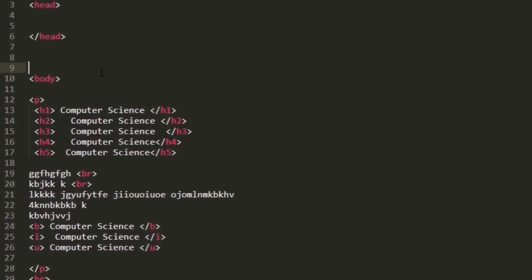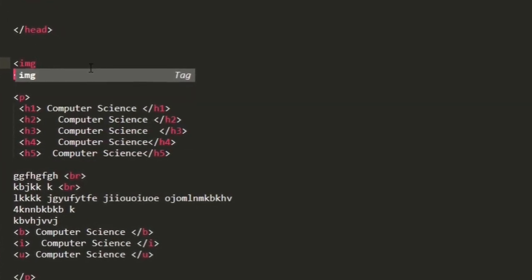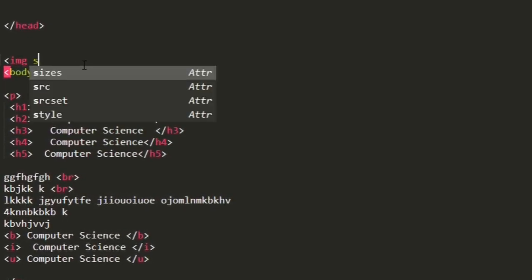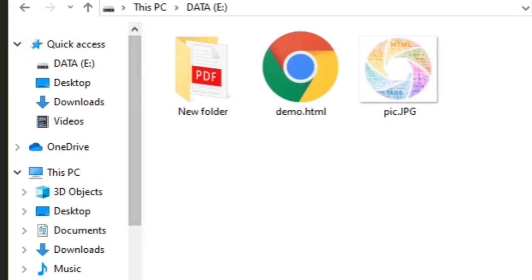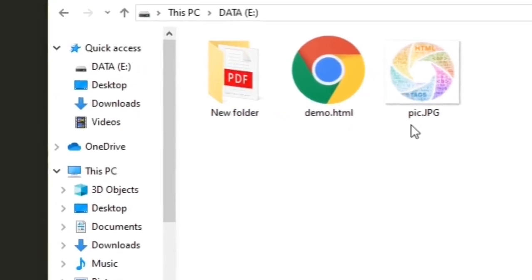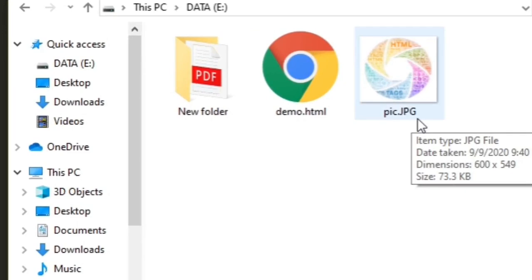So the tag that we used to create an image is the img tag. First you'll write img space and src. That means you have to write the source from which the image has to be taken. In the drive where demo.html is present, I have an image which has the name pic.jpg.